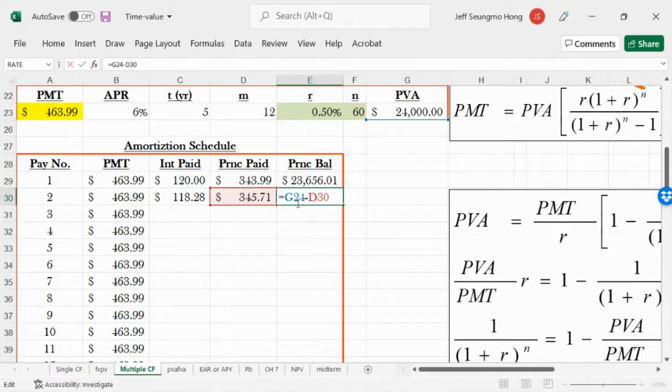And then here, principal balance goes down by as much as this, D30, but it goes down not from G24, it goes down from, what do you think? From this, E29. It goes down by as much as D30 from E29. And there you go. Now everything is